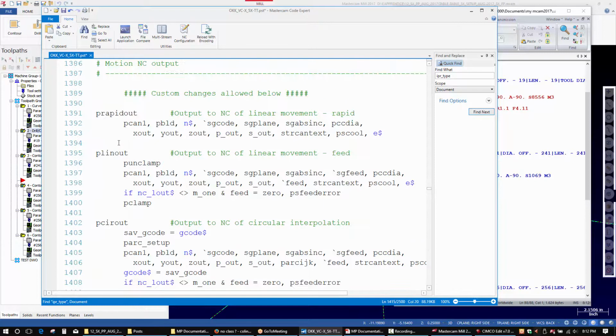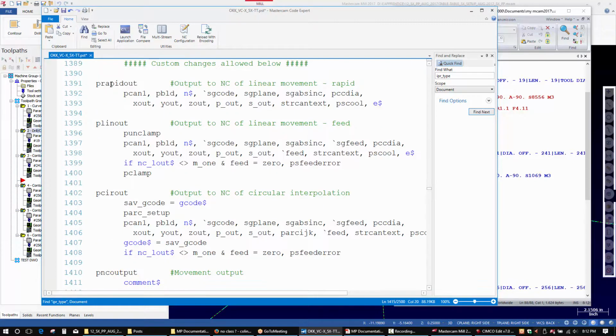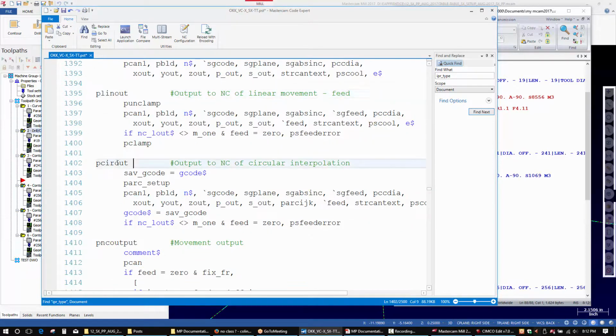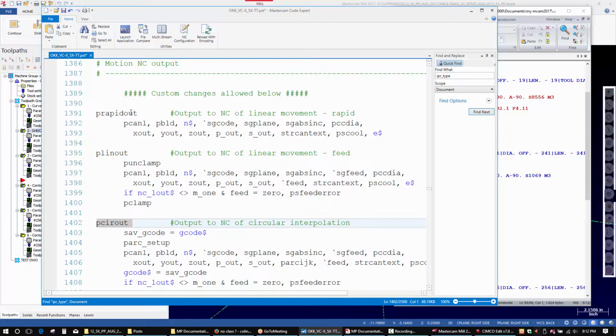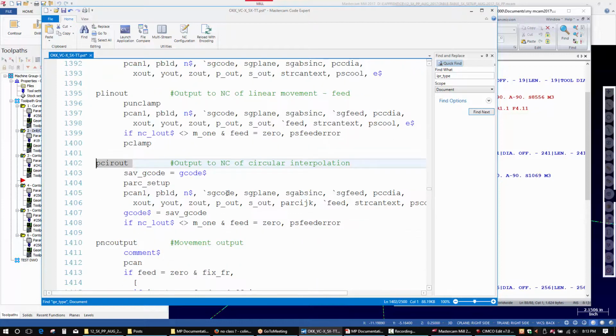Typically, for motion, you're going to be outputting rapid from P rapid out. You're going to be outputting linear from P lin out. And you're going to be outputting circular from P cir out. So this would be where I would go to modify my IPR type to be able to choose the G95 instead of the G94 with this SG feed variable. So if we went in here and said,